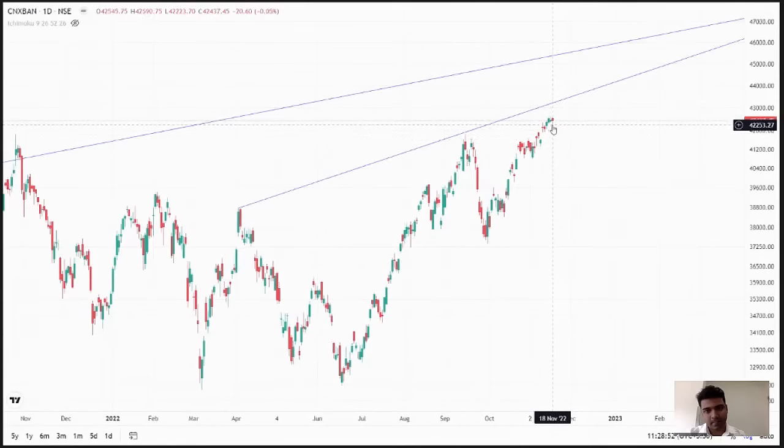If it were to breach yesterday's low and sustain below it, say for 1 hour, then I would say that these levels are inviting levels to where we would see some kind of buying would emerge in that level